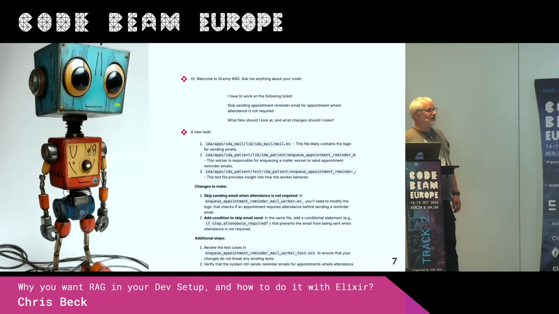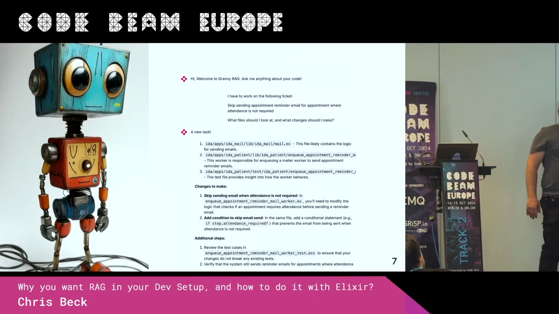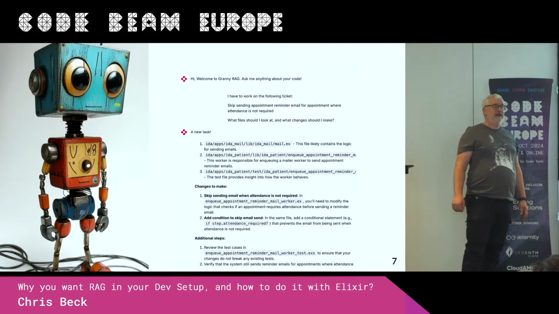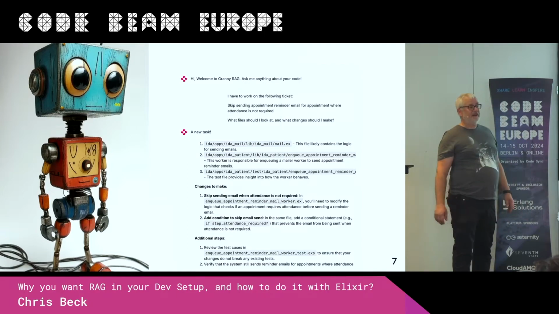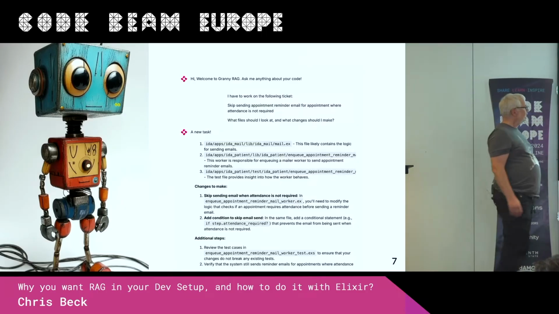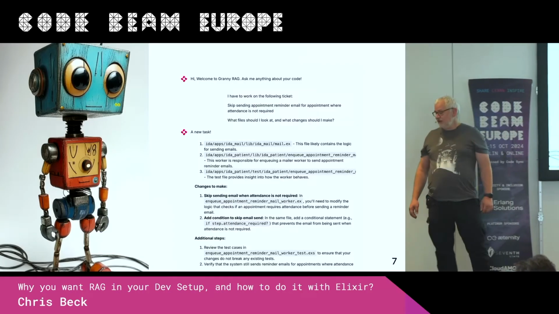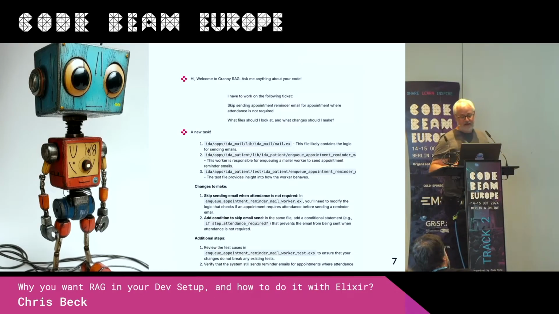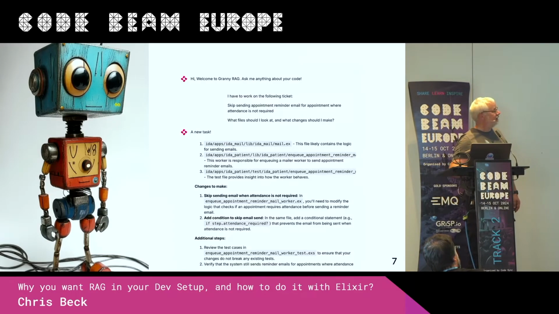What if there was another option? What if we had a local RAG system, a retrieval augmented generation system, that we can actually ask things about our code base and that would answer? For instance, here it's proposing that we make changes in the enqueue appointment reminder, that's cut off, and also explains some things, what we could change or what we could have a look at.